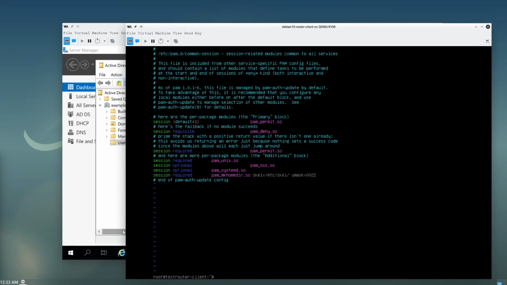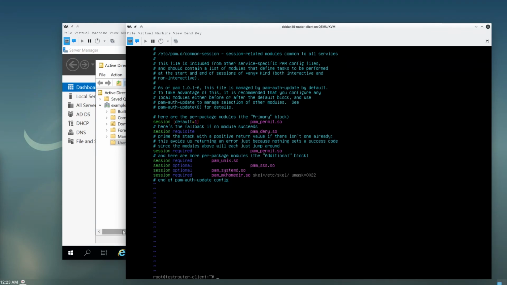Okay, so basically what that's saying is during the login, you're going to do this option. That's what session required is. We're going to run the pam_mkhomedir.so plugin, and we're going to set the skel file to /etc/skel. /etc/skel is basically the skeleton directory so that you can configure default stuff to go in people's home directories if you like, and the umask is their default permissions to their actual folder. So 0022 like that